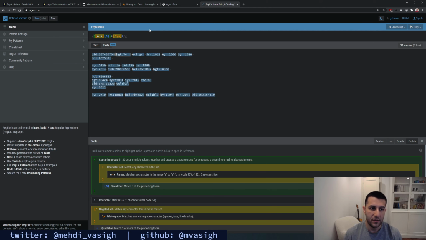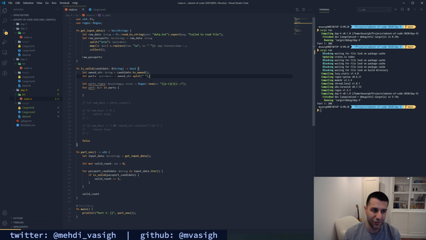Instead of any character, the plus means match the previous token one or more times. What we're saying is match any character that's not a space one or more times. This is going to give us all of the matches, presumably in Rust as an iterator. So we can iterate over all of our matches instead of having to split by whitespace and juggle all these different things.